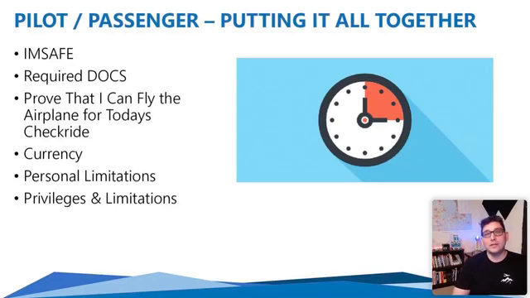The other 3 endorsements that are potential are going to be a complex endorsement, which is required anytime you have a retractable gear, flaps, and/or constant speed prop. You need all 3 in order to qualify. If you just have 1 or 2 out of the 3, it doesn't necessarily meet the requirements. In addition to that, you also have your high altitude endorsement for any aircraft operating above 25,000 feet MSL and